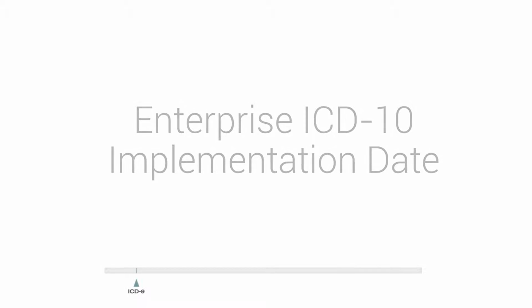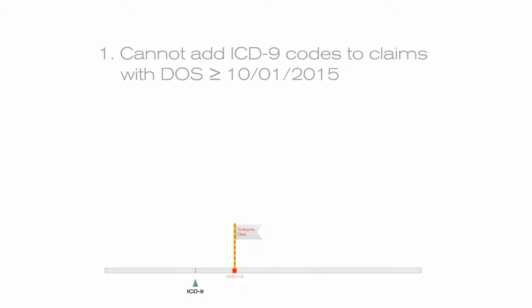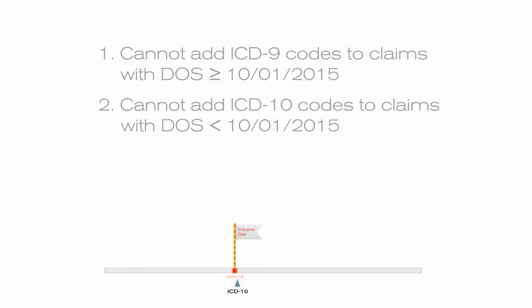Your Centricity system's Enterprise date is currently set to 10/1/2015, CMS's ICD-10 compliance date. This date was populated during your Centricity 11 upgrade. This date is important for a few reasons. First, it will not allow users to manually add ICD-9 diagnosis codes to claims with a date of service on or after 10/1/2015. Second, it will prevent users from adding ICD-10 diagnosis codes to claims with a date of service prior to